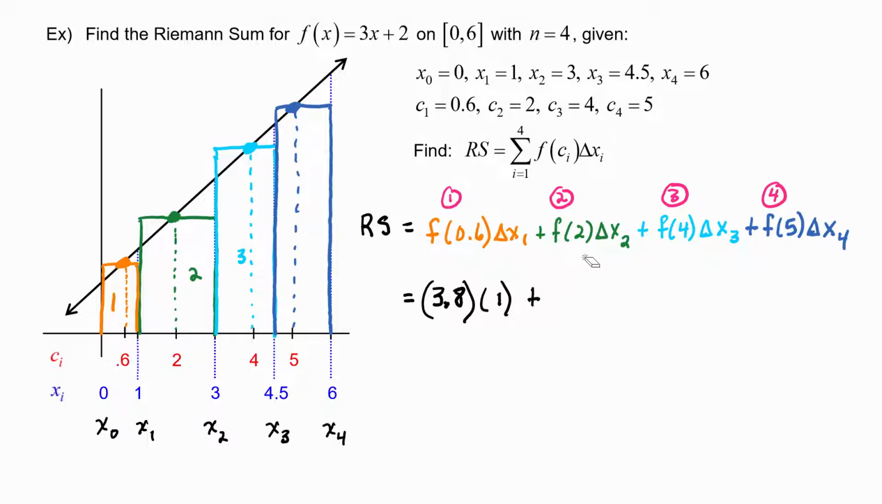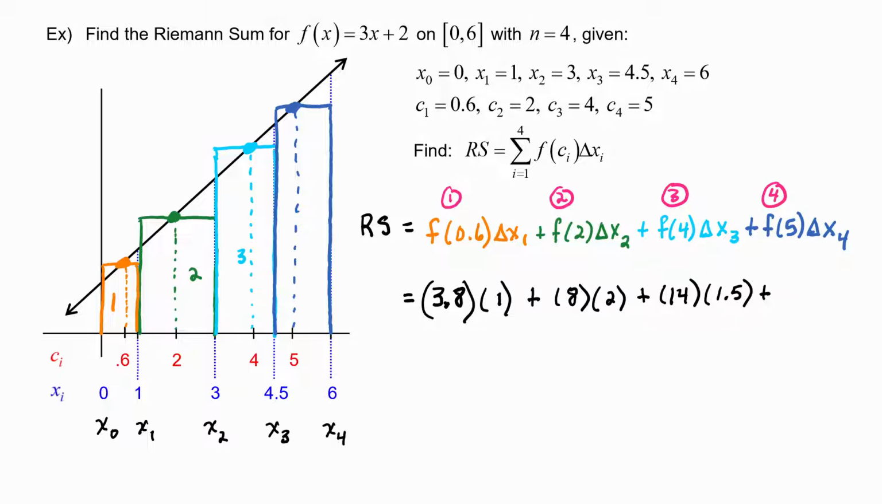And delta x1 is just the width of that interval, so 1 minus 0 is 1. In region 2, we have to do f of 2 for the height, so f of 2 would be 8. And then we have to take that times the width of region 2, which would be 3 minus 1, which is 2. In region 3, we have to do f of 4 for the height. So f of 4 is going to be 14. And we have to take that times the width of interval 3. So we're doing 4.5 minus 3, which is 1.5,